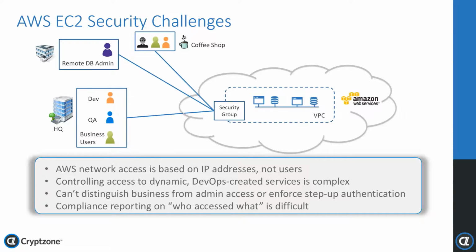We love AWS. Here at CryptZone, we use EC2 extensively on our engineering team, for QA, and for our solution architecture team. We're seeing many enterprises across the globe very strategically and very widely adopt AWS as they move from traditional on-premises data centers to cloud-based IaaS systems. This shift brings with it a tremendous number of benefits, but it also brings with it some new challenges, in